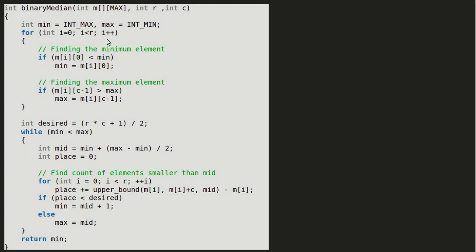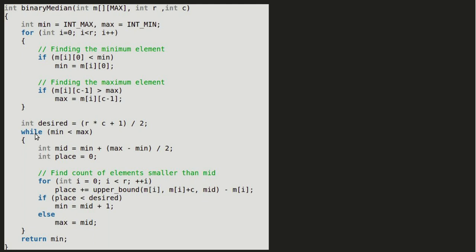We run a loop for each row, and then min is updated to the minimum value in the leftmost column, and max is found by comparing the maximum element in the rightmost column. We take a variable desired and initialize it to R cross C plus 1 by 2. This value represents the index of the median if the matrix is put in array format.